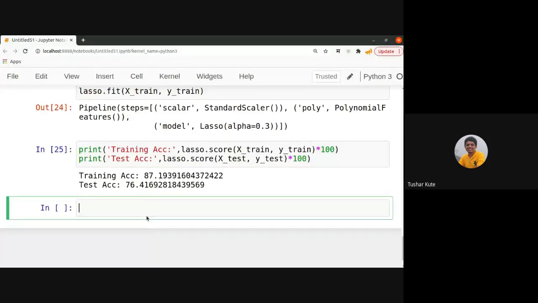It was 14% in ridge regression, and in lasso regression the gap is reduced again to 11% only. So you can see how different regularization methods in regression techniques are reducing the effect of overfitting, basically.